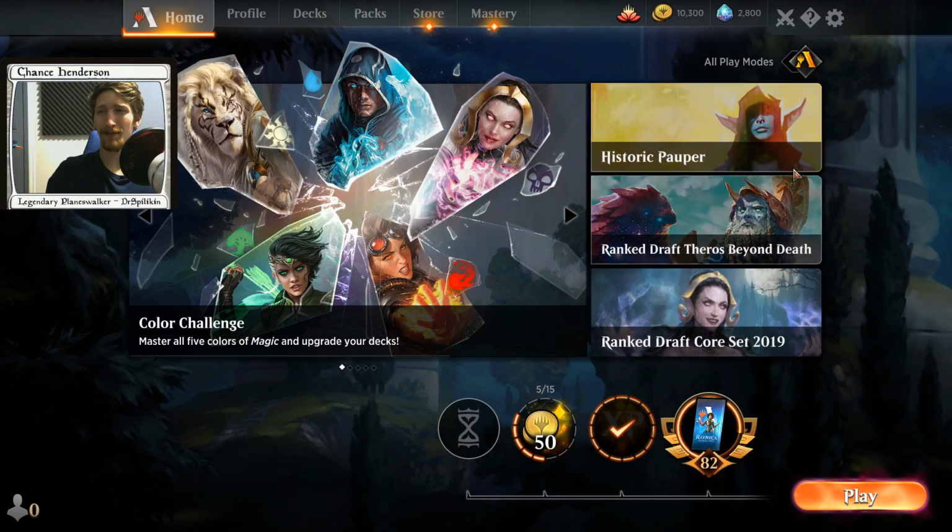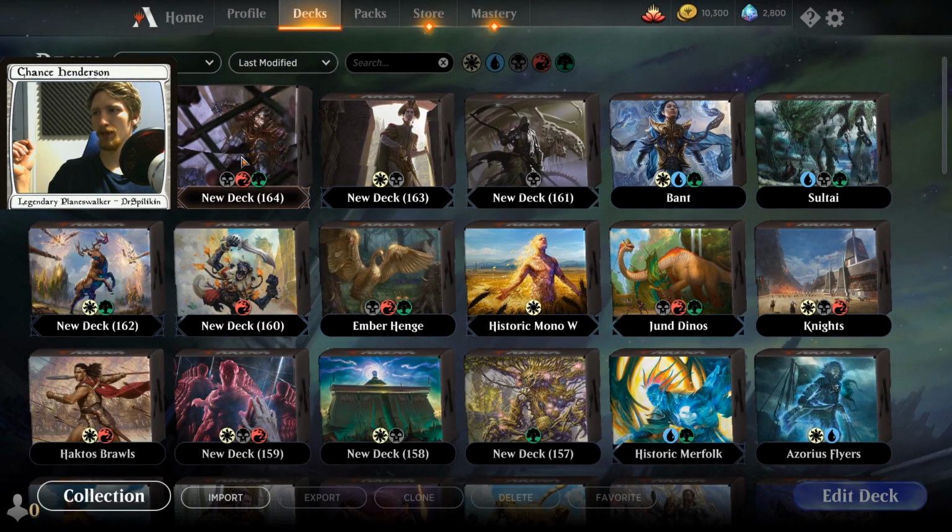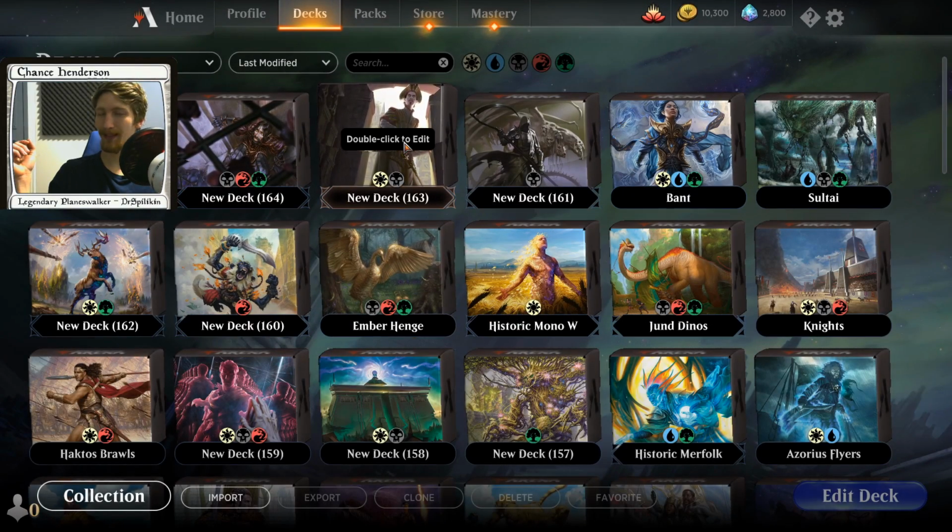What's up, everybody? My name's Chance, and today we're going to be hopping into the Historic Pauper Event, which I don't know if you'll be able to see because my face cam is now back, but bring a deck using only commons from all of MTG Arena. So all the cards that are common from all of the sets that have ever been released on MTG Arena, we can play. So first things first, we're going to be taking a look at some of the decks that we're going to be playing today, some of the decks that I thought actually were pretty fun and did well